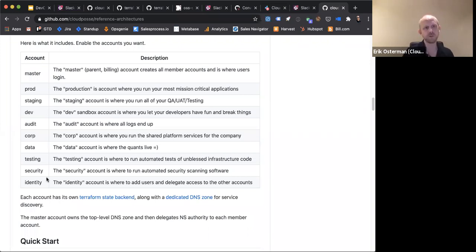One of the first chicken and the egg problems when you're setting up Terraform on AWS is the state bucket. And those of you who've been following Cloud Posse for some time know we had a quite interesting approach for the first couple of years, where we had a dedicated GitHub repository for each Amazon account.